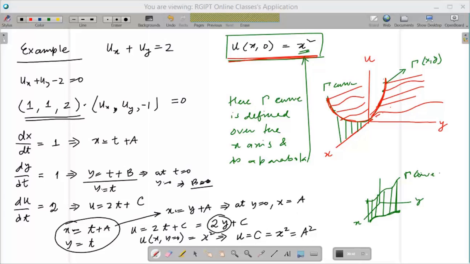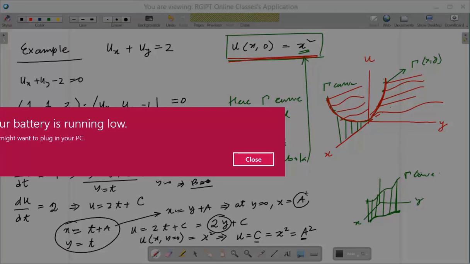So I have c equal to a squared, and we still have that a left in my equations, right? So you'll have the final solution, which will look like